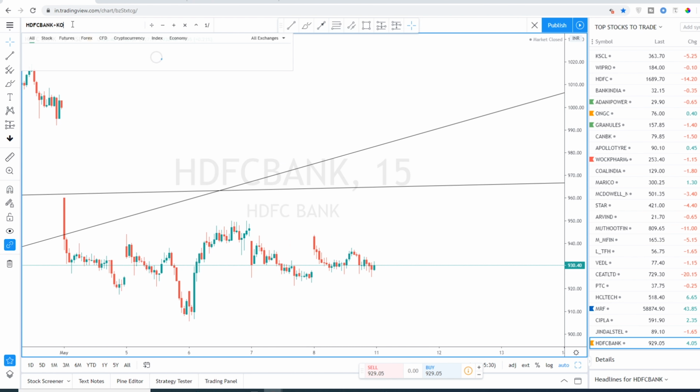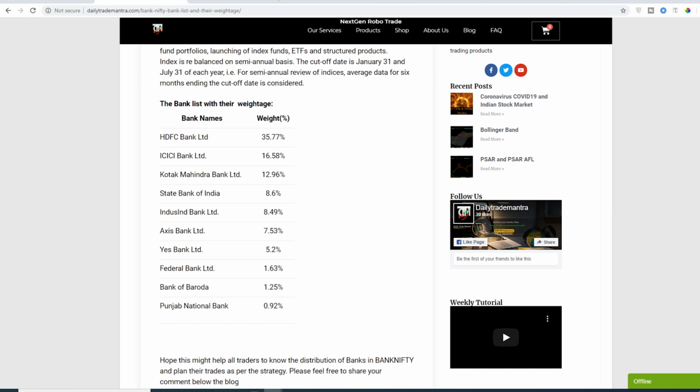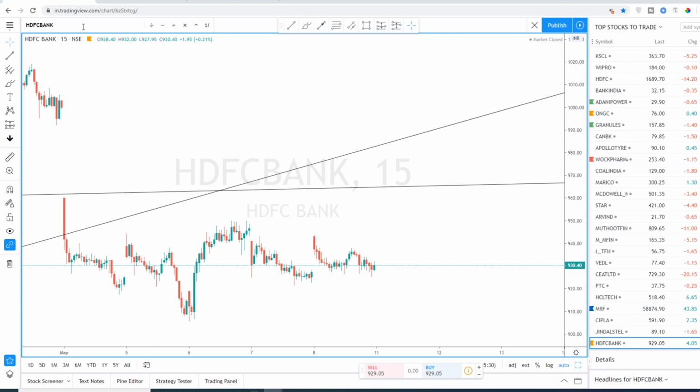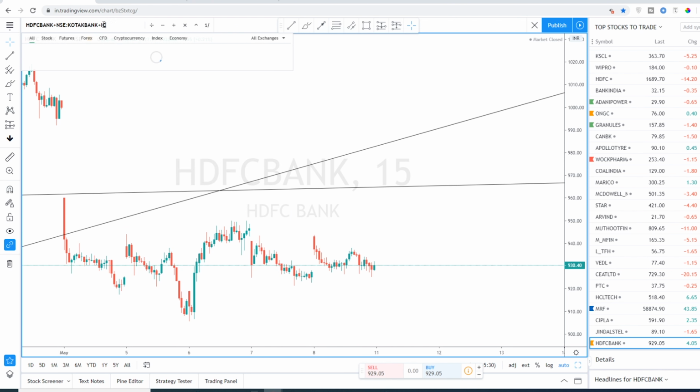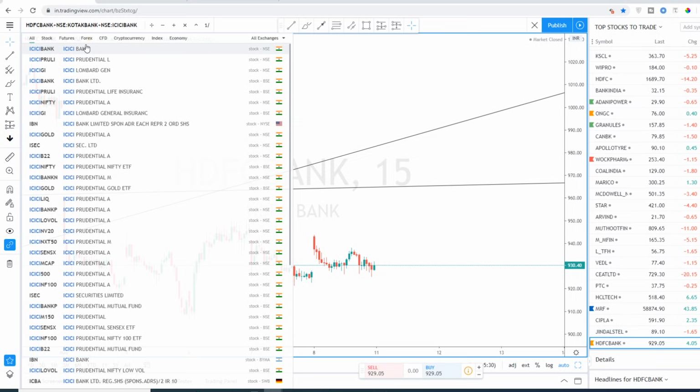HDFC plus Kotak plus ICICI, and just press enter.